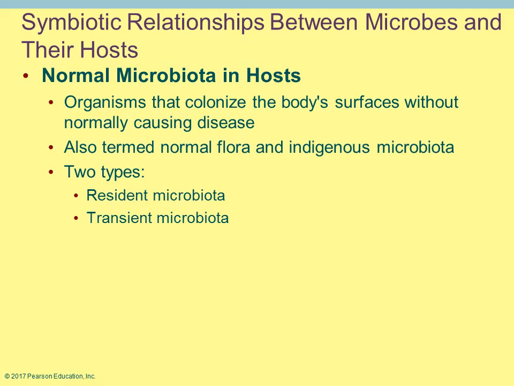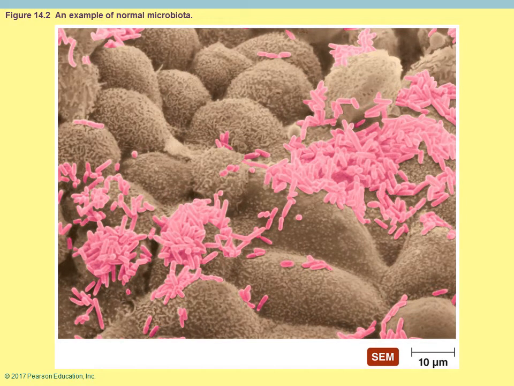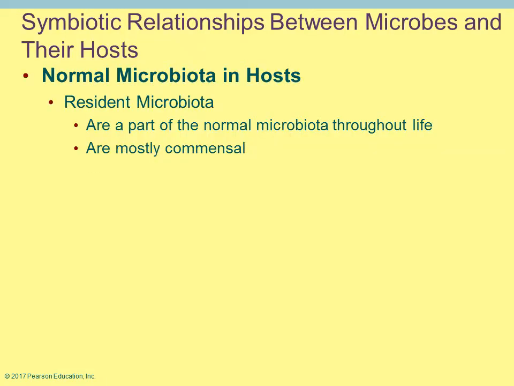We do have normal microbiota, just normal microorganisms that do live on our body surfaces. It is classified as a symbiotic relationship because they're both being helped. This is on our body and also in our body. Sometimes these normal microbiota are referred to as your normal flora or your indigenous microbiota. These can be bacteria, some fungi. There's two different types: the resident and the transient ones. This picture just shows an example of the pink coloration, which are bacteria found growing in us.